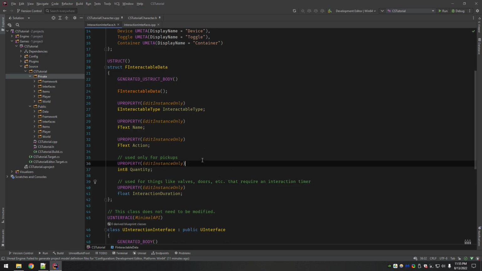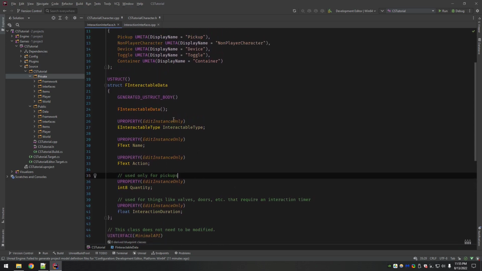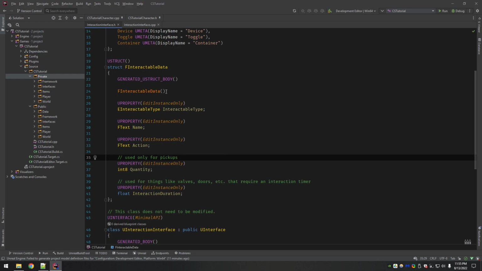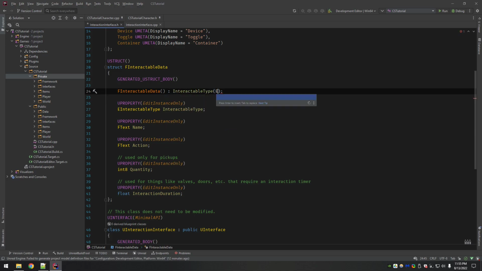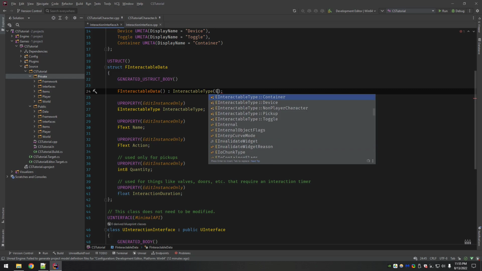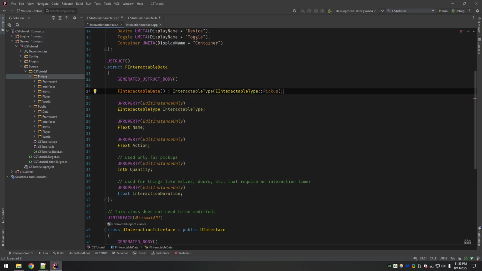So now the last thing I want to do, and I mentioned I would come back to this constructor, I'm going to use what's called a member initialization list. So if you ever see this format in C++, what this is saying is when the constructor runs, I'll do the first one here. When the constructor runs, we'll make it pickup by default.